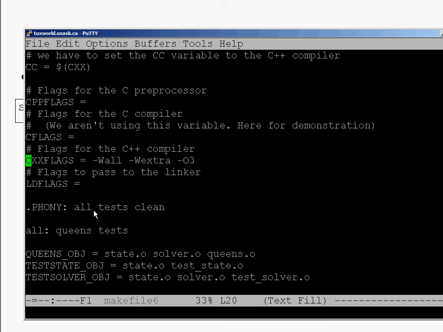Okay? So I think that's all we have time for today. I'll be talking next time some about the test-driven development process. We'll be using the Queens example to go through successive versions